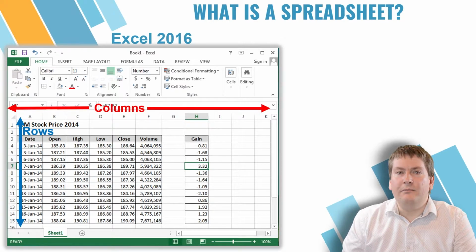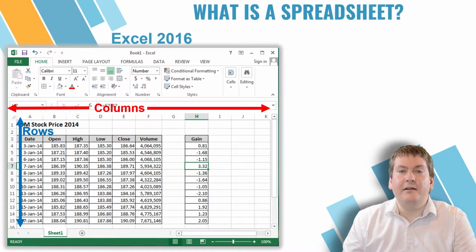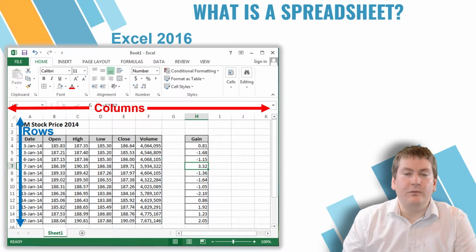When we talk about columns, we refer to them by the letter shown on the top here. For example, we might say column A, column B, column C, and so on. When we get past column Z, it will add a second letter. So it would be things like column AA, column AB, column AC, and so on, all the way up to column XFD, where it ends. Rows are referred to by number, so we might have row 1, row 2, row 3, row 4, and they go all the way up to